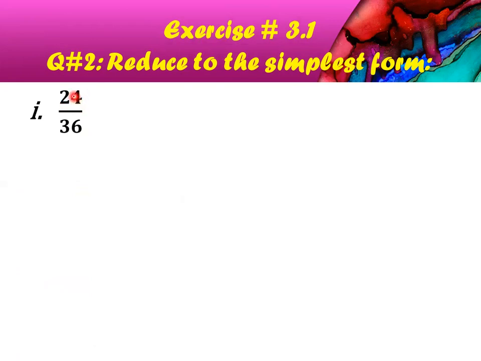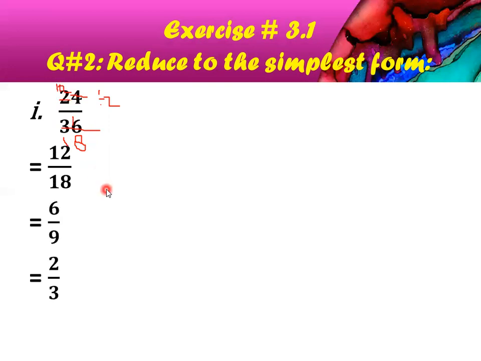Just suppose I'm going to divide this 24 and 36 by 2. Please keep it in your mind, you have to divide numerator and denominator with the same number. So how will you divide it? Simply you will write 2 into 1 is 2 and 2 into 2 is 4. 2 into 1 is 2, 1 will be carried here, so it will become 16. 2 into 8 will become 16. So what will your remainder be? 12 upon 18. Please keep it in your mind, this is 12. So 12 upon 18 is the result.